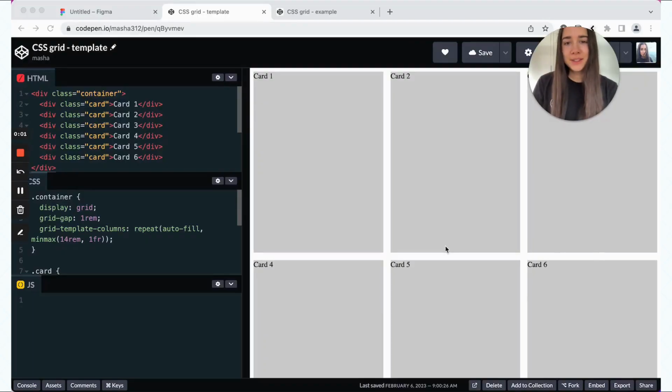Hey everyone. So in today's video, we'll be learning how to create a responsive column layout using CSS Grid. And really the beauty of this tutorial is that it's essentially only 4 lines of CSS code to get the layout working. So there will be 2 parts to this video.